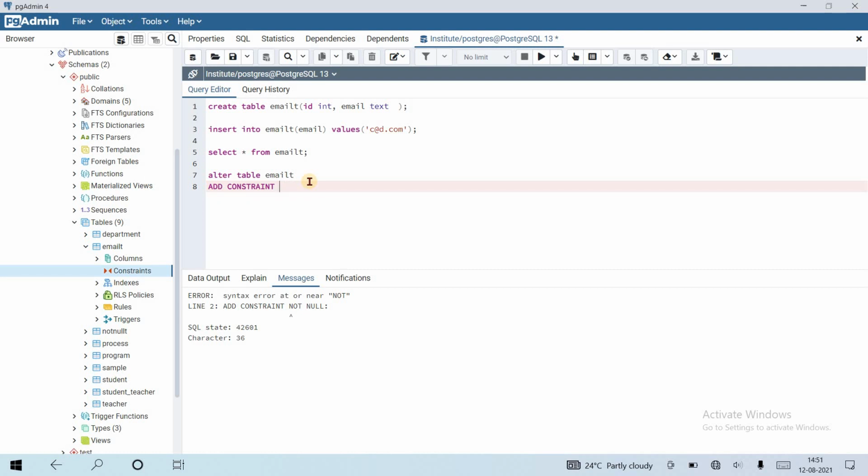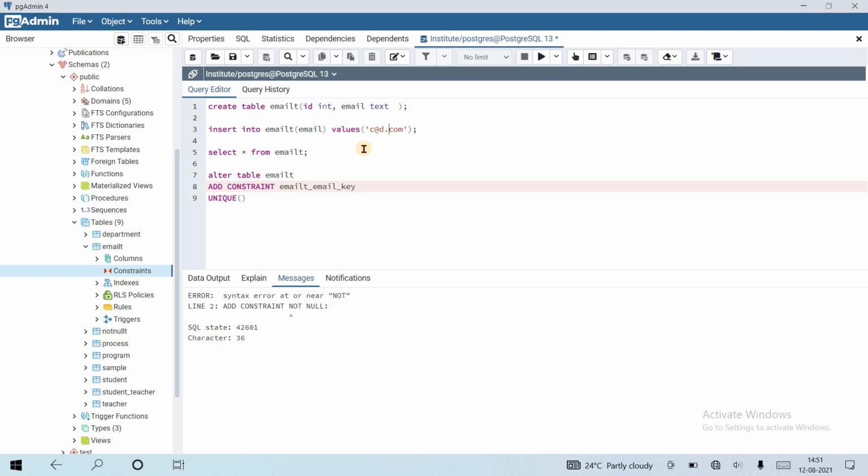We know how PostgreSQL automatically names a constraint: table name underscore column name underscore key. We can give a name like that also. Add constraint name and the unique keyword, and inside parentheses we pass the columns that we want to make unique. We can pass multiple columns, id, email.